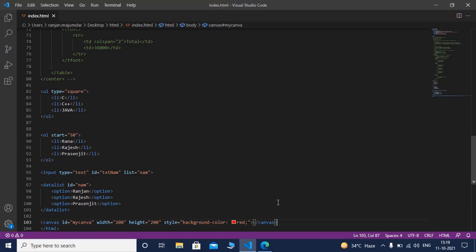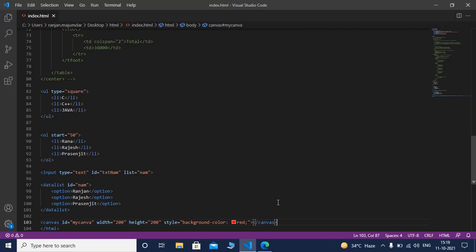Within a script tag, at first we have to fetch the ID, then we have to fetch the context. After that we have to use a few special functions of JavaScript. Using those functions we can draw any element. Any element means we can draw a line, a rectangle, or a circle shape. For that reason the canvas tag is very useful. We can draw any 2D or 3D element within canvas.